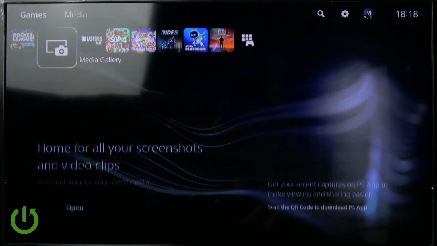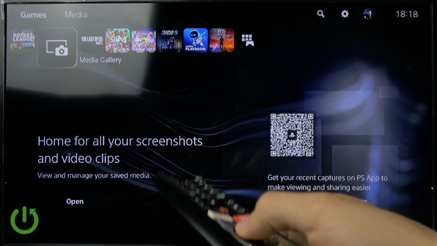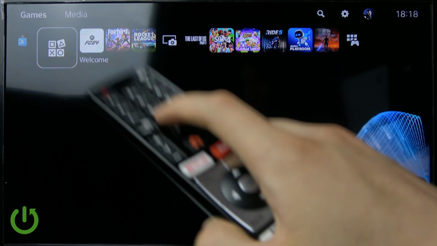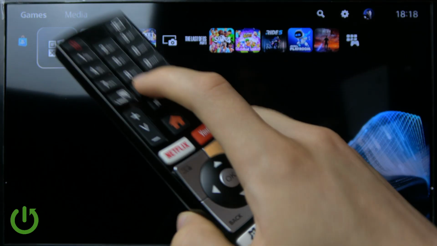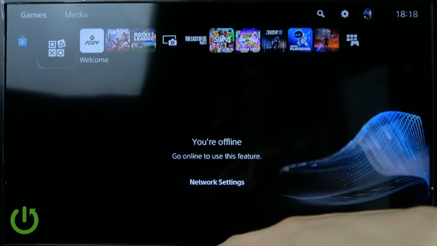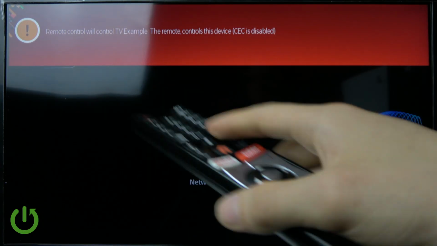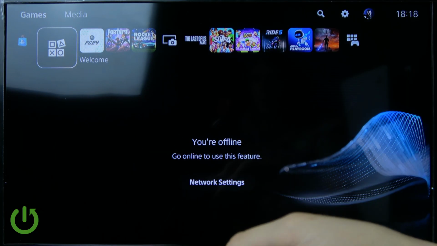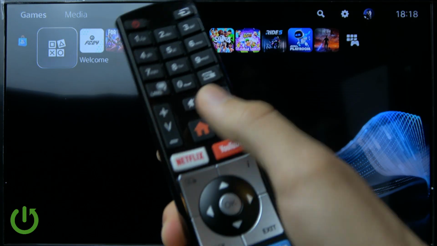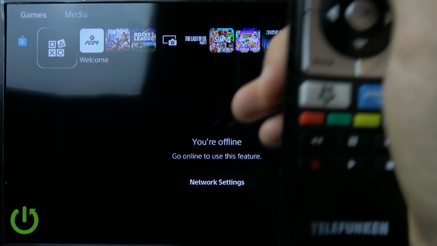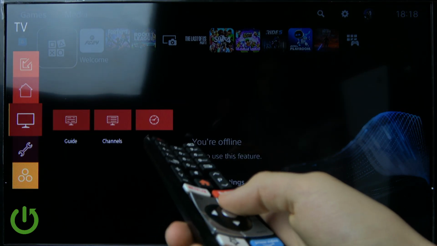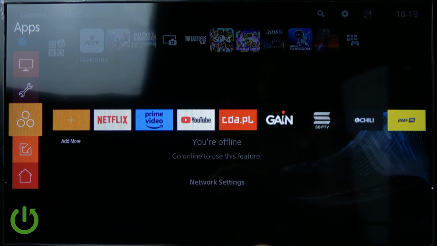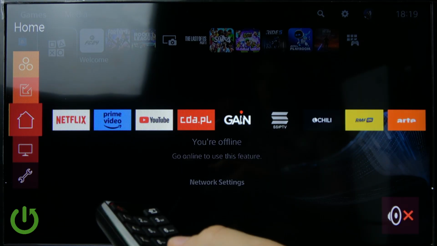And if you want to switch between controlling your TV and controlling your PlayStation, you're going to have to press and hold the 0 button on your remote control until you see the message on your screen that your controls are switched, and in this case it means that they are switched to TV controls. Now if I press the home button, it will get me to the dashboard and I'll be able to navigate my TV. Then if I hold down the 0 button once more,